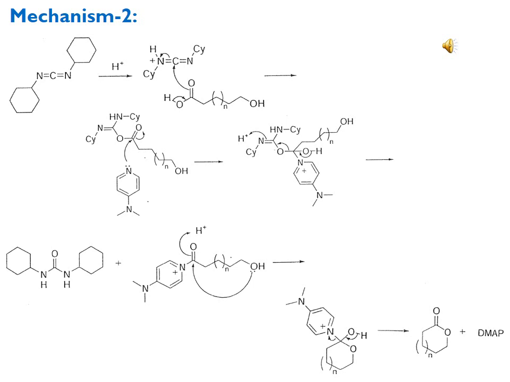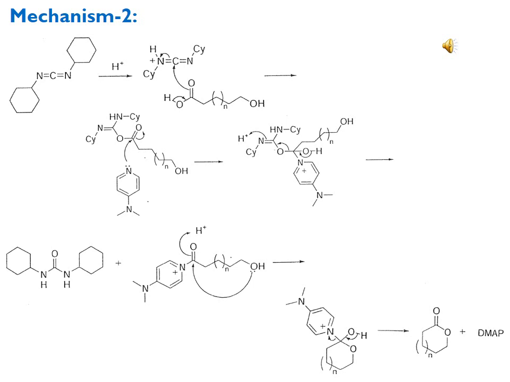Here was the question: why does this pyridine attack the carbon of this carbonyl functionality instead of the carbon of that C double bond N functionality? I will explain this on the stepwise mechanism also. The second question is going to be critical on this